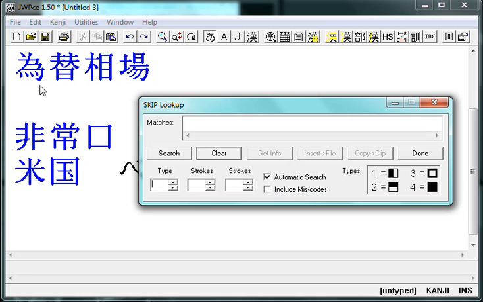Okay. Well, this first one I have no clue where the radical might be, or is it top bottom? Some of these, this looks like top bottom. This looks like left right. This might look like left right. But this one I've got no clue. So let's just choose number 4